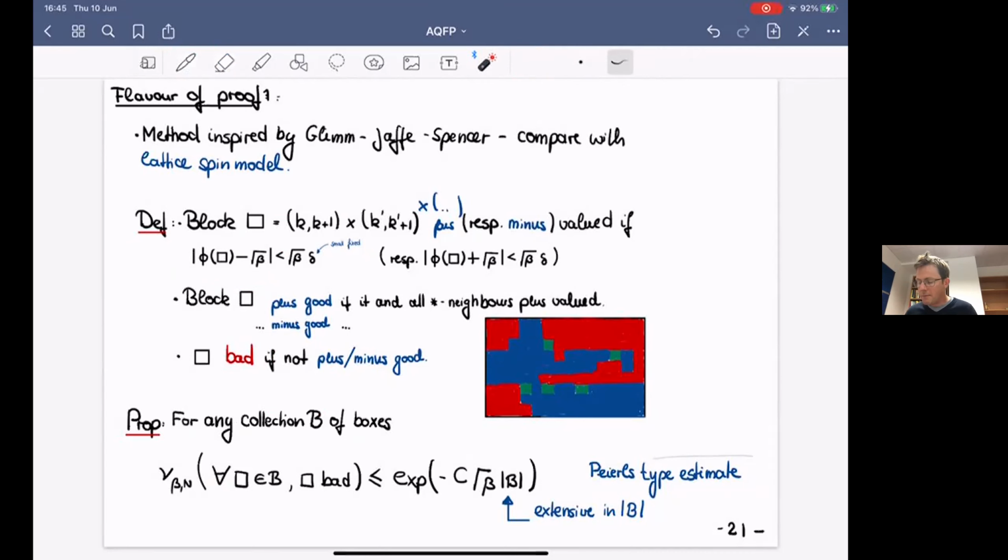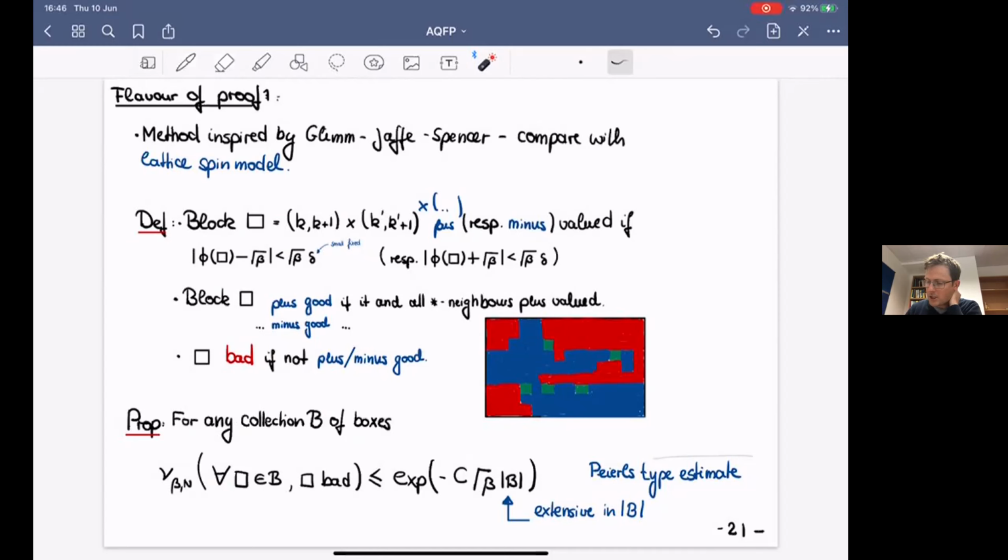Then we make a relatively restrictive assumption. We call a block plus good if it's plus valued, so if it's close to the square root of beta, and all of its neighbors in such a star neighborhood are also plus valued. So if you go to my picture here, this red block would be a plus valued spin, and then you would impose that all of its neighbors are also plus to be plus good. And then what we prove is a Peierls type estimate, where you fix